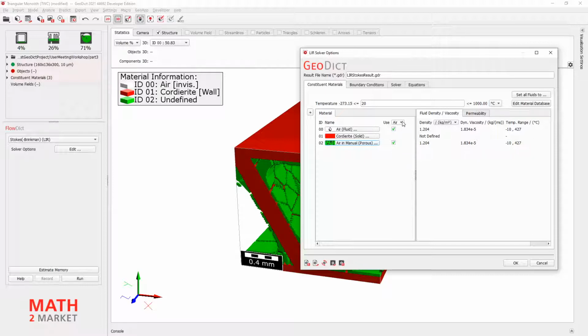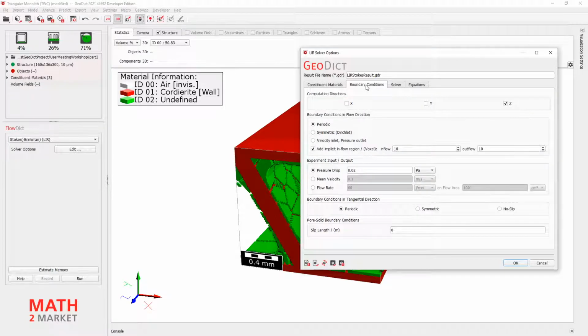This is our phase that's flowing. All right, and then go to permeability, and we have to type in a permeability here for our porous material. And for this I will take 1e-7. This is a rather high permeability. Don't get confused by the small value of the number here, but for a permeability value this is rather high. So flow can go through this green material more easily. So we have materials where it's much harder to get through.